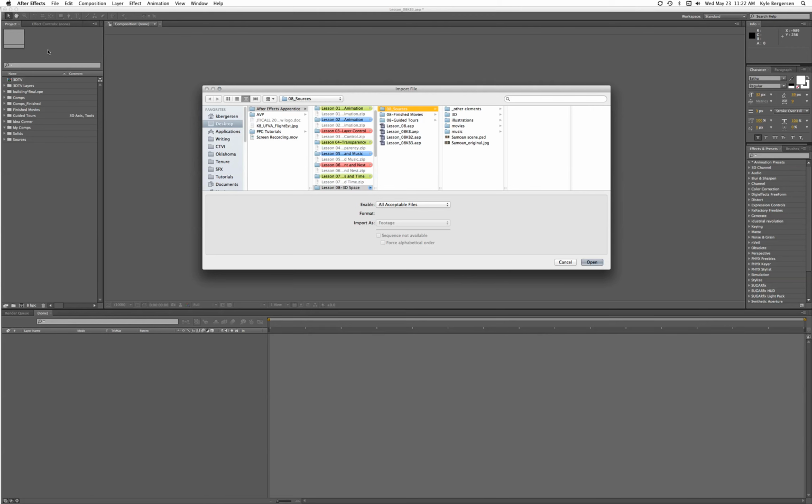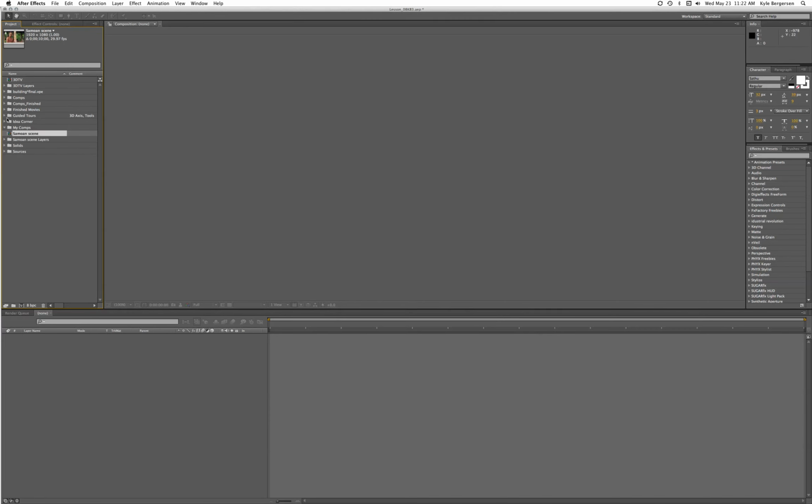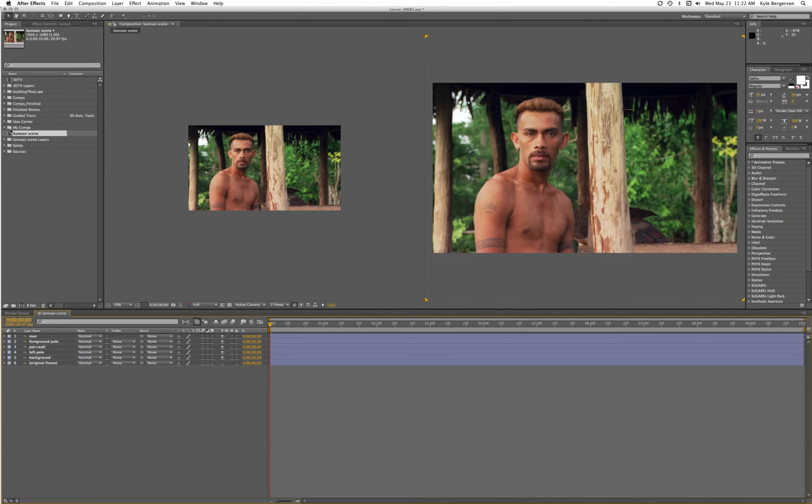What we begin with, I'll double click in Project and we will import that file, Lesson08 space sources. We'll bring in Samoanscene.psd. We'll make sure that it says composition retain layer sizes by Photoshop. And we'll double click on that file. And basically what we have is our dude,